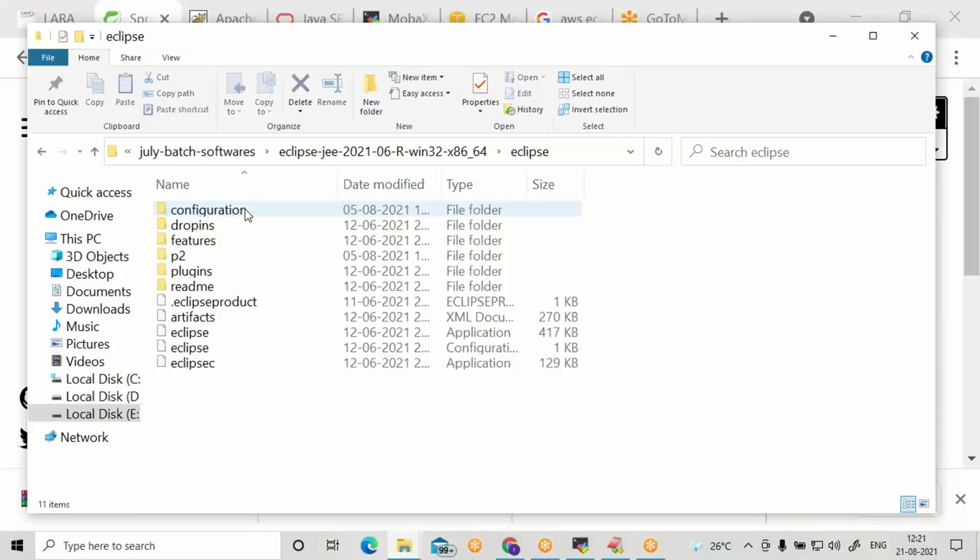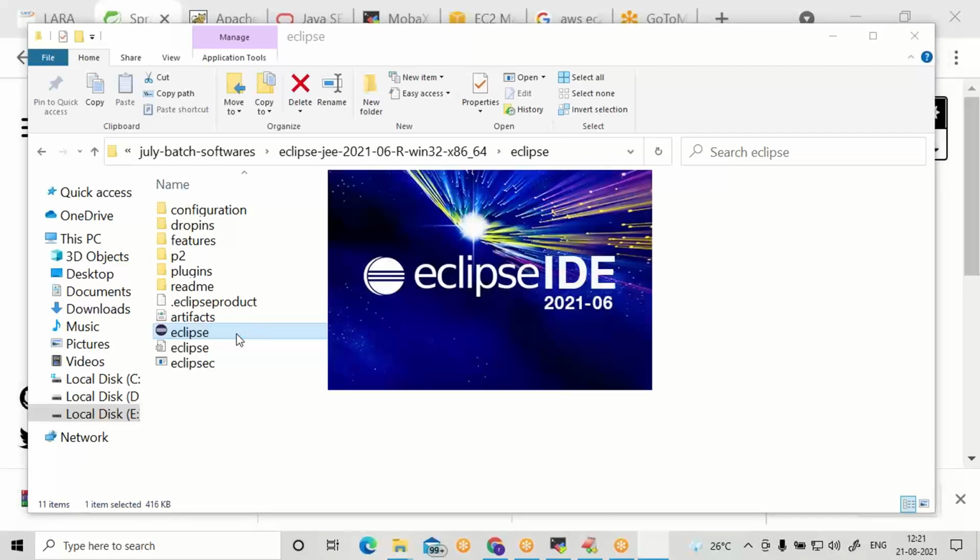Open the Eclipse. While opening the Eclipse, choose the workspace as the folder where demo is there.